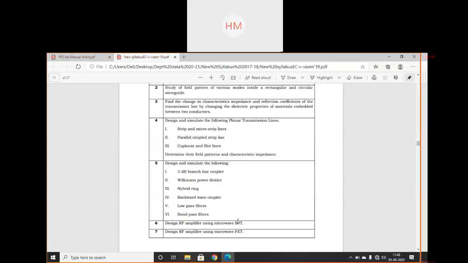Now for the radio frequency range, we can design a BJT and FET using HFSS software which will work for the RF range. So amplifier designing is there.